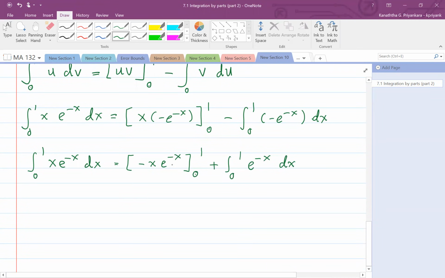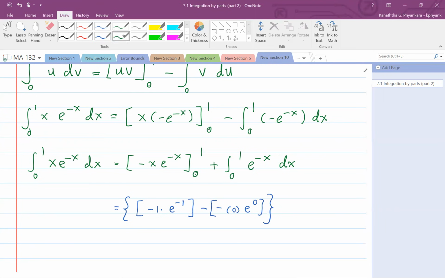Now substitute x equals 1 and x equals 0. So if we substitute x equals 1, we get negative 1 times e to the power negative 1 minus, if we substitute 0, that would be e to the power 0, and then